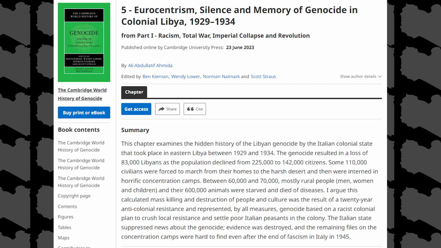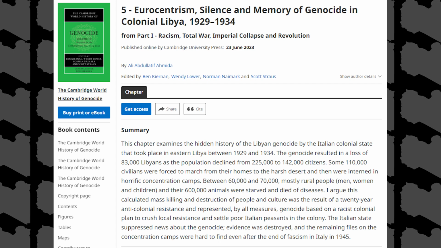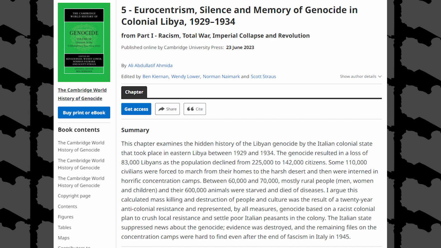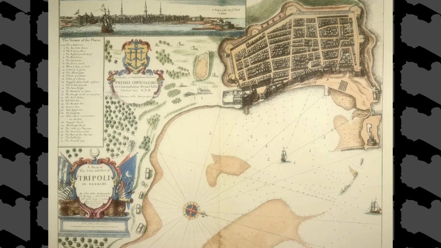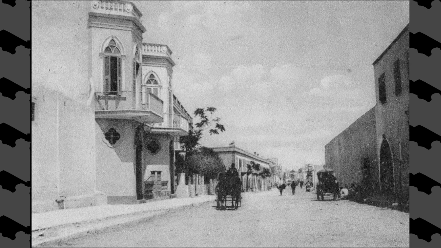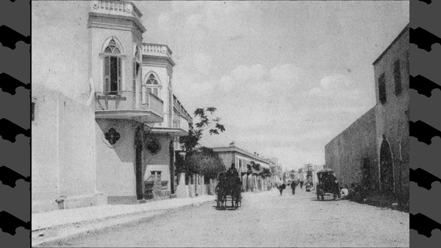Well, as a genocide, this tragedy was devastating for towns, cities, and farms with the indigenous population. Generation after generation living in the same area were used to being ruled by outsiders, the Ottomans, but under much more stable conditions than what they were experiencing under the Italians. Turkish rulers shared a religion with the Libyans and didn't launch large-scale displacement campaigns like the Italians. The native population was deeply linked to their homes, schools, mosques, market spaces, and other features of their built environment.